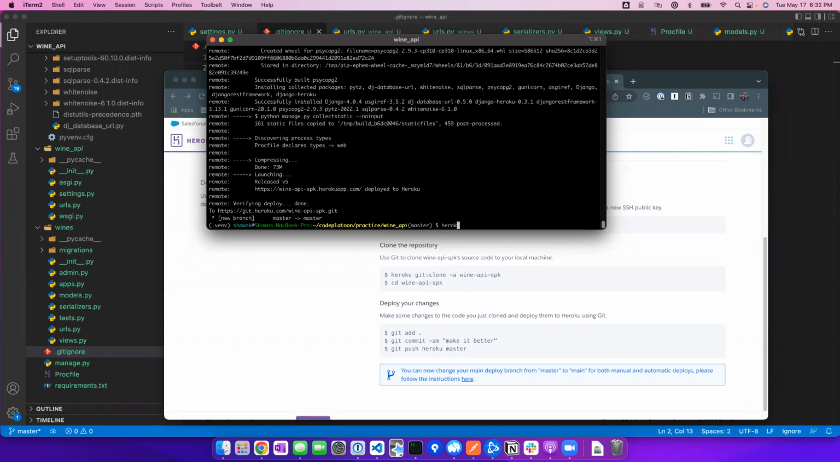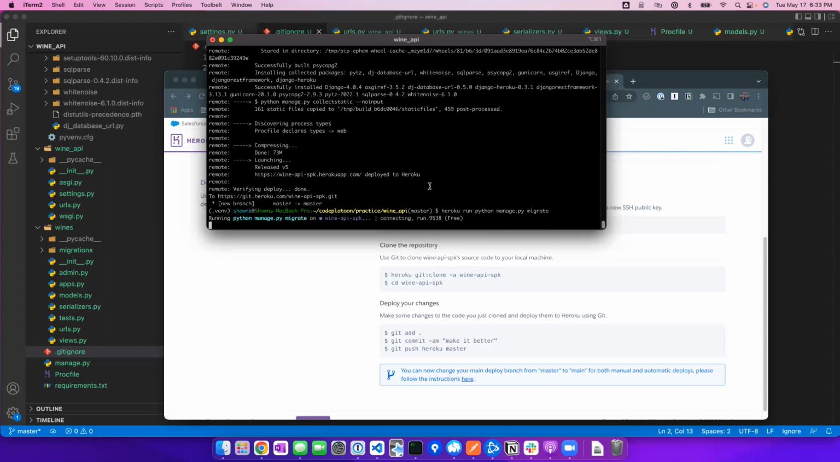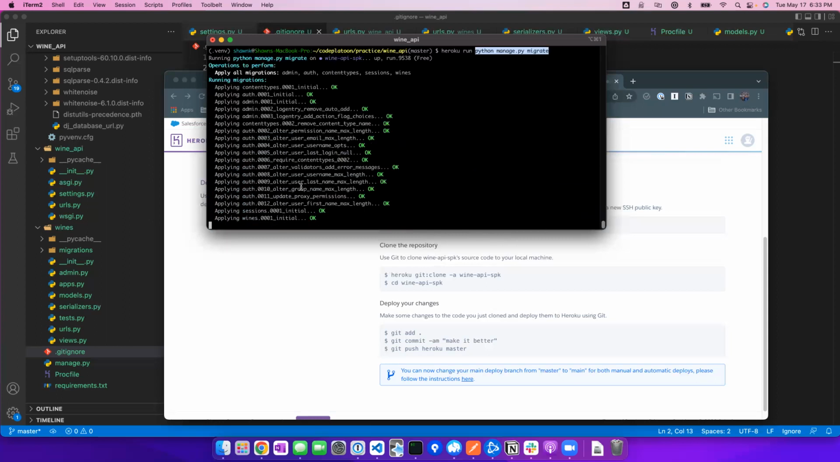So first we'll do, so this is just telling it, on our Heroku app, to run Python manage.py migrate. It should, yep, run this command on the remote Heroku server. And then once it's done migrating, we'll create a superuser and we can see how that works. So heroku